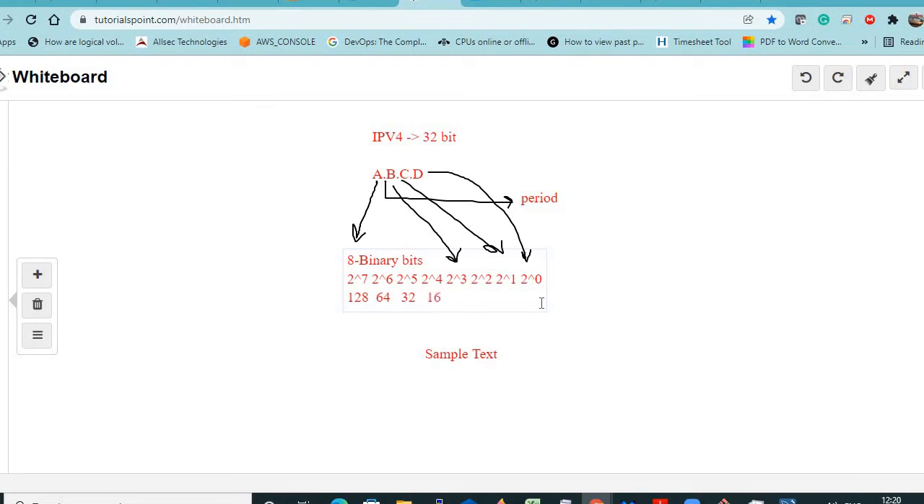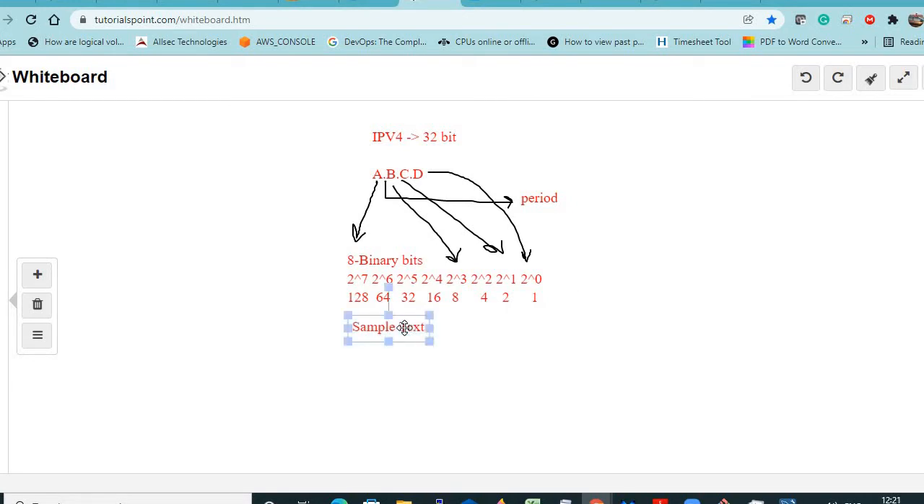2 power 4 is 16. 2 power 3 is 8. 2 power 2 is 4. 2 power 1 is 2. Okay, and 2 power 0 is 1. So these are the values. So this value will be there in everything, right? Got it? Now, if you add all the digits,